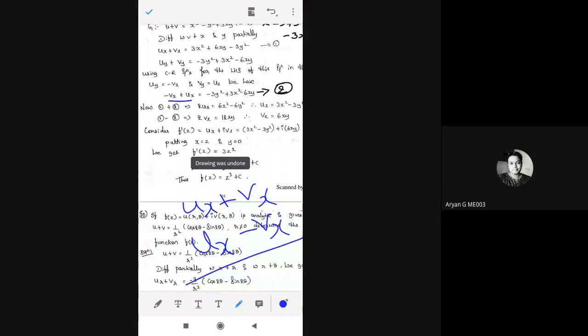Similarly here also, plus vx is there in the first and minus vx is there in the second, so no need to subtract. When you add only, minus vx plus vx get cancelled to give ux plus ux, 2 times ux, correct? So this is equation number 1 and this is equation number 2. When you add, students, since it is addition, it is easy, you can do it directly without writing again and again. Plus vx minus vx get cancelled, ux plus ux is 2 times ux. So LHS is over. Now RHS.